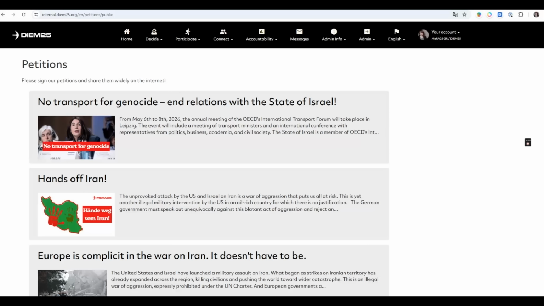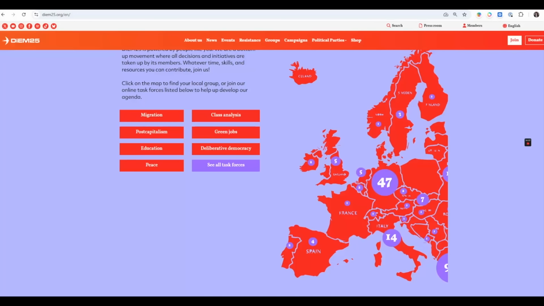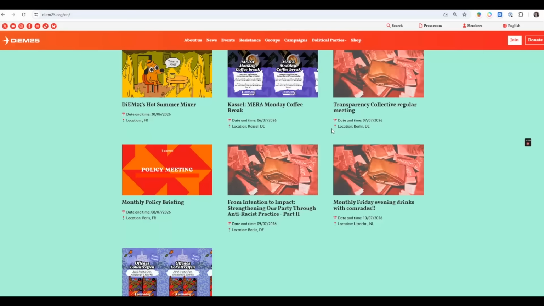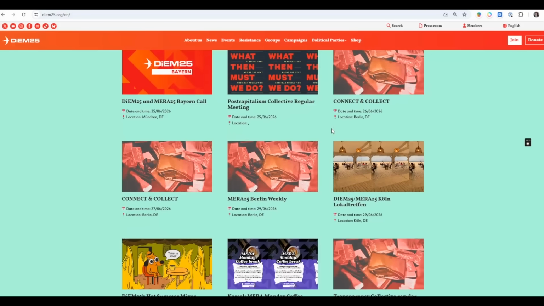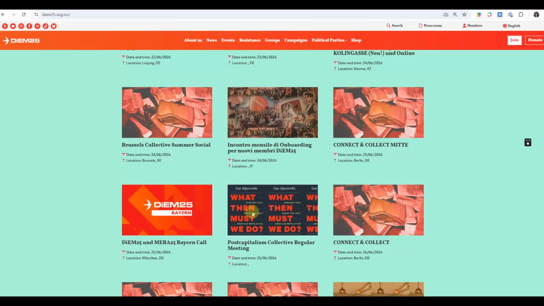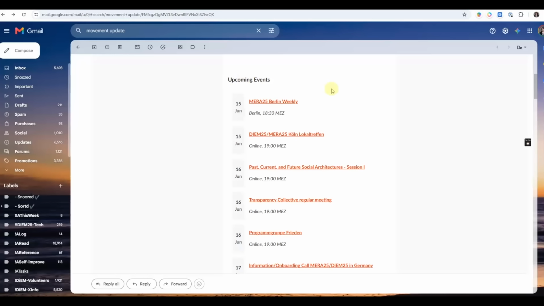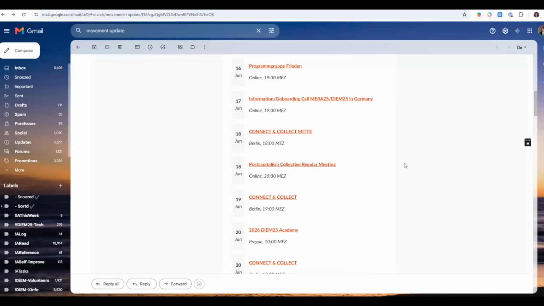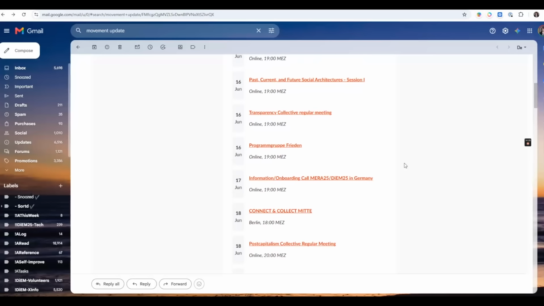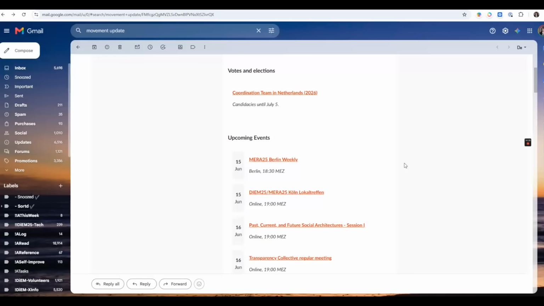Like I said, you can use our calendar for that. And the advantage is that when you have something in the calendar, it also automatically shows up on the DiEM25 front page. Here you see all of these events. So the DiEM25 front page is fed by the calendar. The movement update is fed by the calendar here. Upcoming events for the next 2 weeks are just basically repackaging the calendar. No editing, nothing.